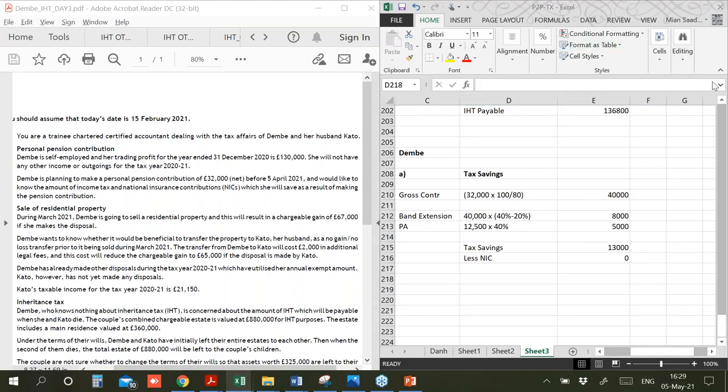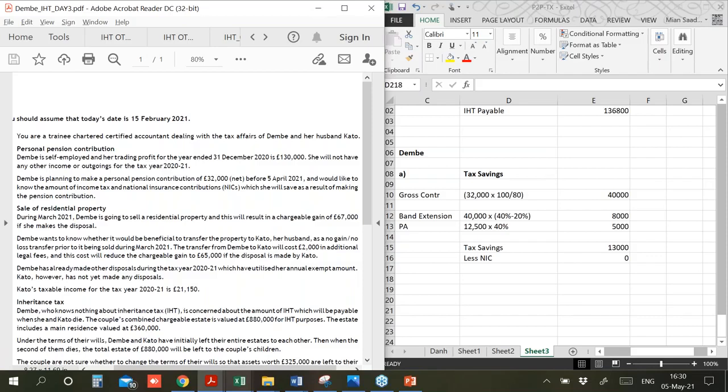So guys, before I move on to the IHT part and the CGT part, kindly raise your hands that you've understood. If you have any questions, put them in the question box. I'll try to answer in between. Okay, now for any of you who can't see the question clearly, you can download the handout if you think that the text is not clear via the screen share.